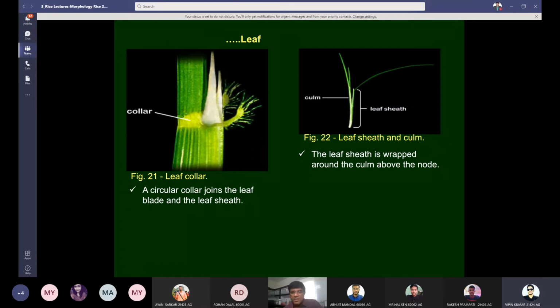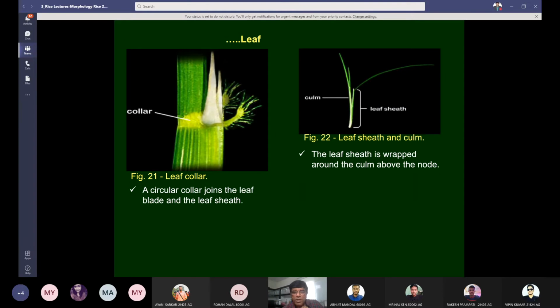Correct. Very correct. So you can see this is bilobed. There are 2 lobes in the ligule, which is a papery or membranous structure. And on the other two you see some hairy kind of structure. These are 2 appendages which are called auricles. Auricles are 2 in number, and they are unique to rice only. Most of the grassy weeds found in rice fields do not have this ligule and auricle.